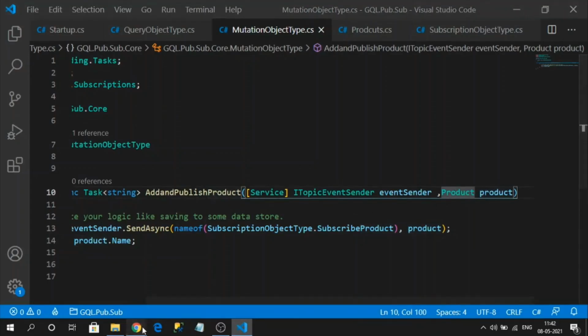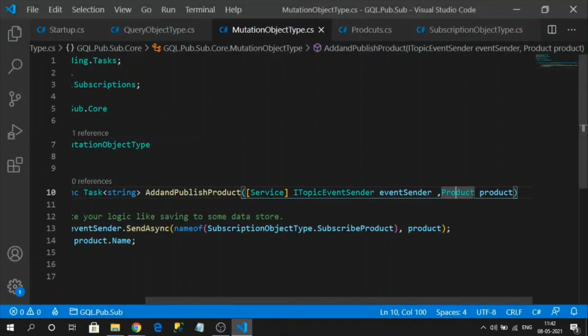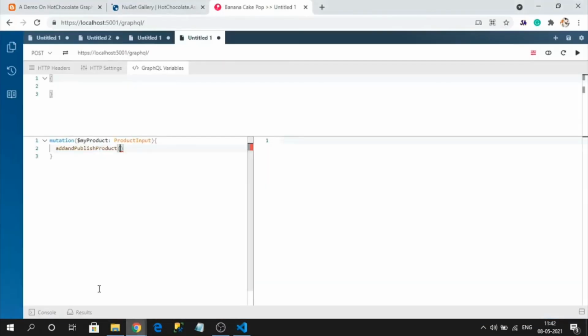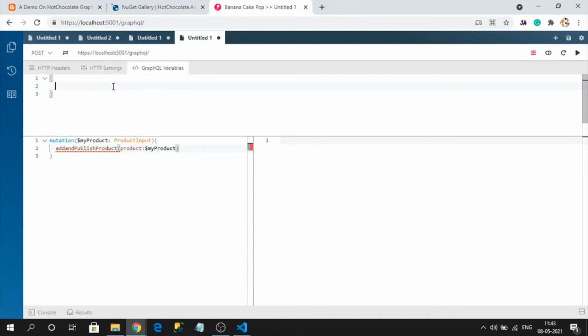I have explained everything nicely in the introduction videos, you can check over there. Now here, what is our variable name? Our variable name is product. Here I need to specify that variable name, and here I have to define that type. So we need to create a variable. For that, if you click this toggle, you can find the variables section. Here I need to specify the parent row with the variable name in double quotes.